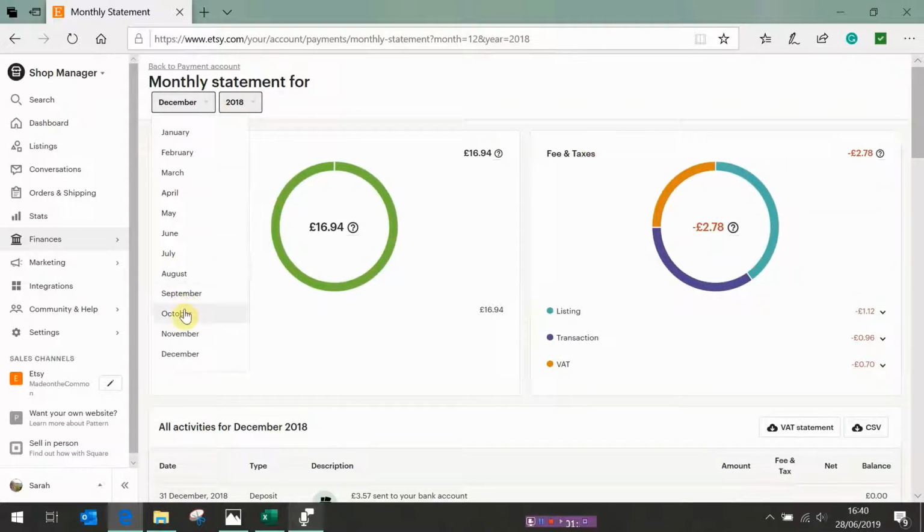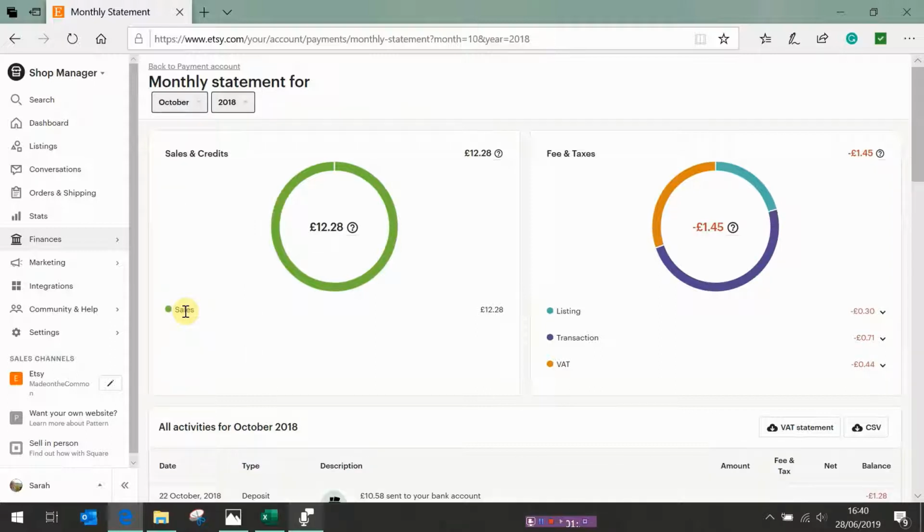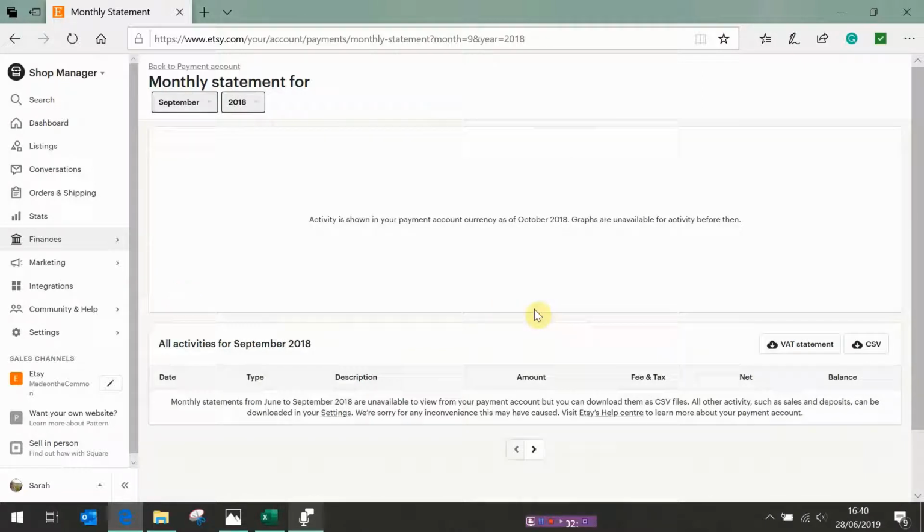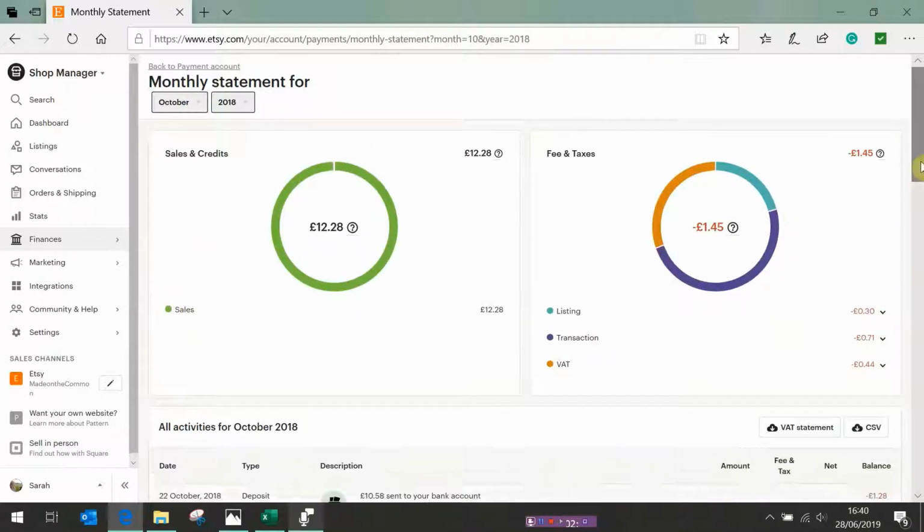The only one that is slightly different to this is if you actually want to start from October 18, which I would actually recommend if you've got a shop that's been open from before then, because you might as well get all of your downloads into the template. We don't have a closing balance for September. To show you, if I go to September 2018, we just get the statement saying that it's not available. So what we need to do is go into October,